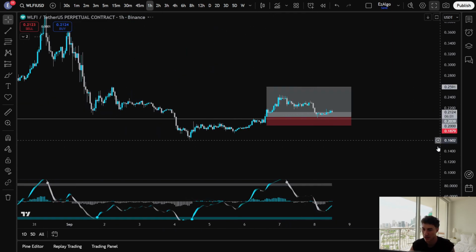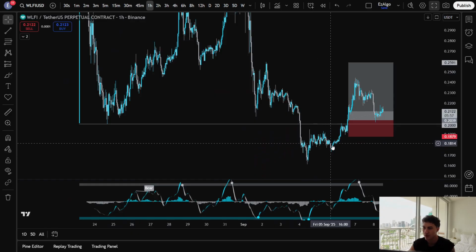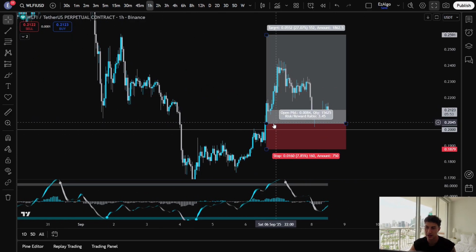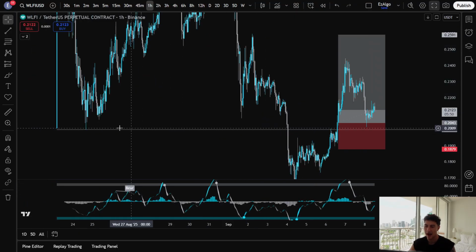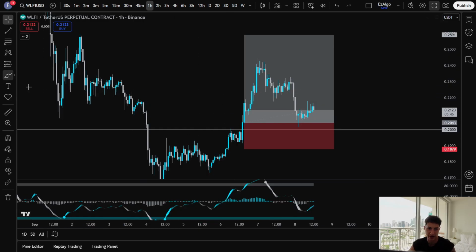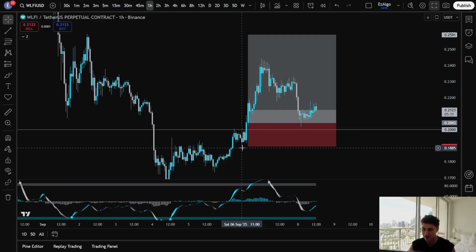So on a 1 hour time frame, you can see again, price closes below this low, and then we end up reclaiming this low. So your entry trigger is going to be a 1 hour candle closure back above this range low right here. This is the recapture of the range. If we look at the volume on the oscillator, volume is starting to pick up as well, deep in the blue. So this is a valid trade with your stop loss at a hard invalidation at this most recent swing low,